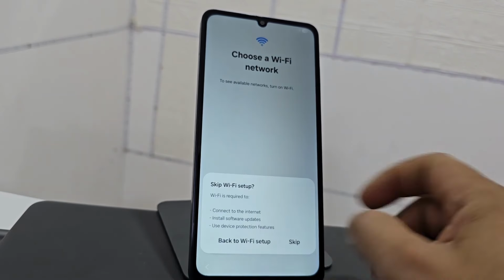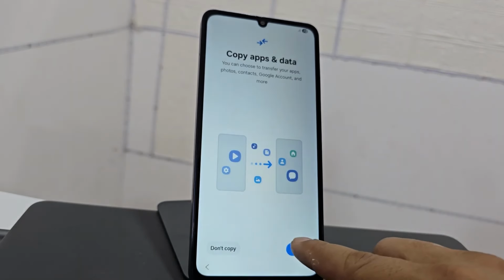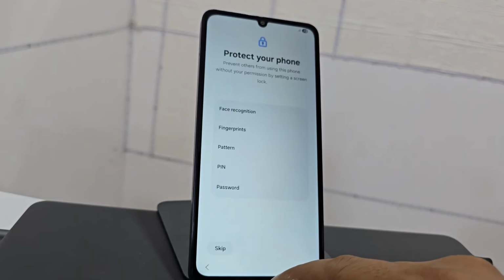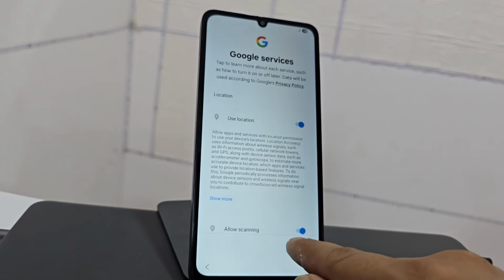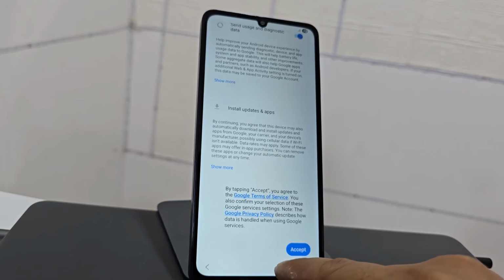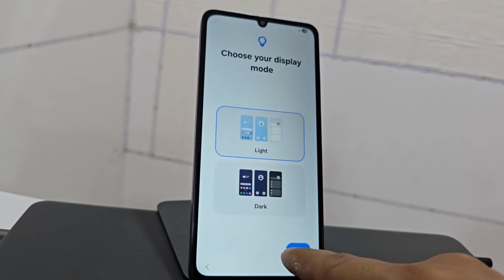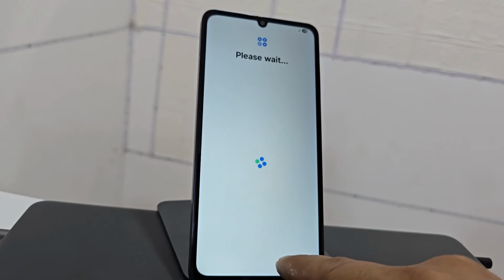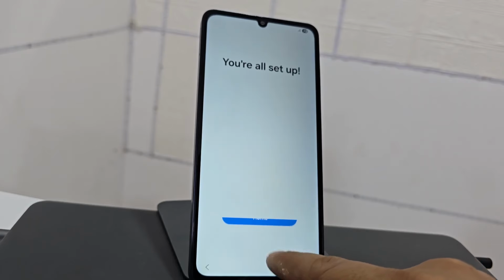We're going to click here on skip. We'll click on skip without Wi-Fi. We click here where it says do not copy. We click skip again. Click accept here. We click on skip, add, next. We'll wait here for a few seconds. We click next here. We're going to click